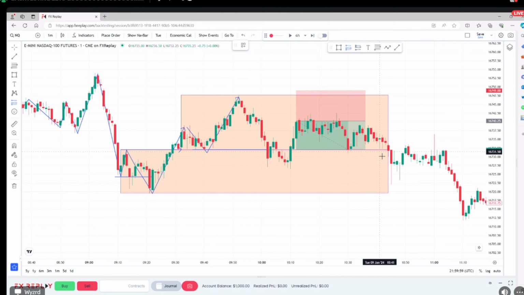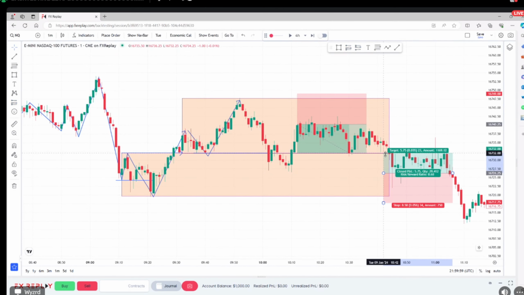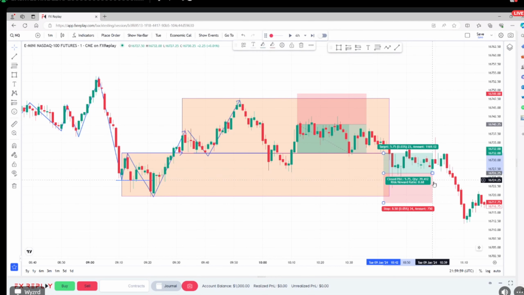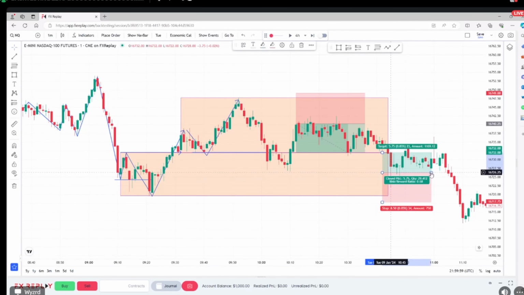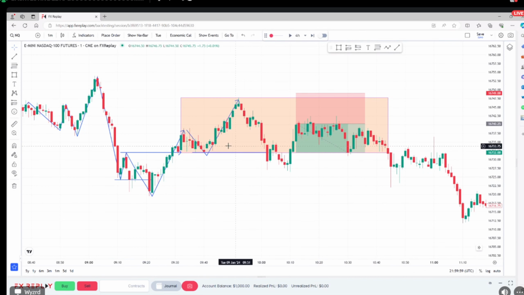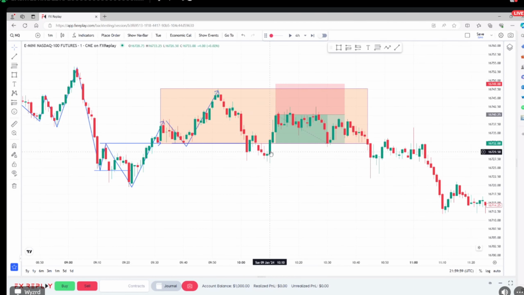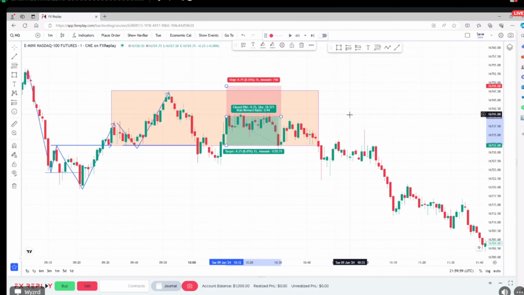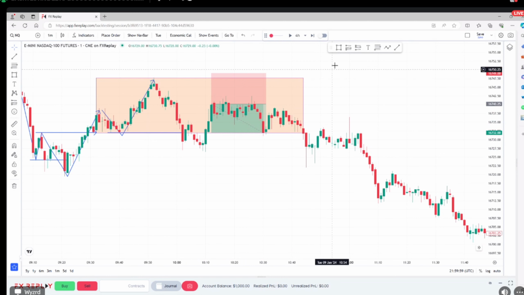As you can see, it can get kind of confusing. It's a little bit more confusing, but I'll delete that, just so you guys know that once we broke this down move, this is our protected low because this sent us to a new high. We broke structure down, which created the last upswing as our zone. So once we close back below, we got our 50%. We target back just to where this low was, and that is going to be our take profit. So then once we closed back below